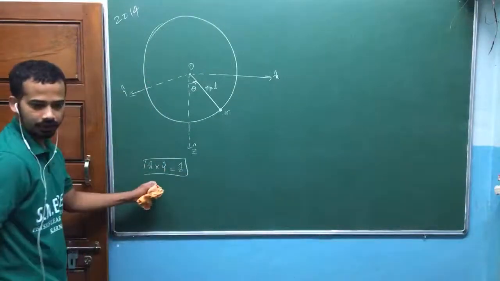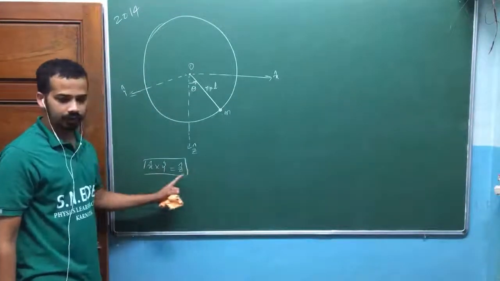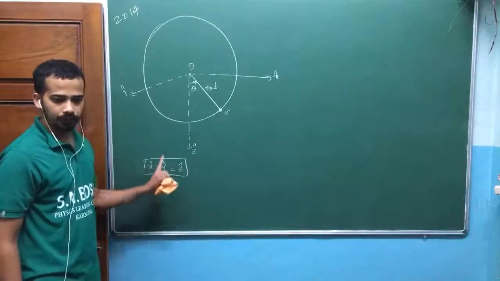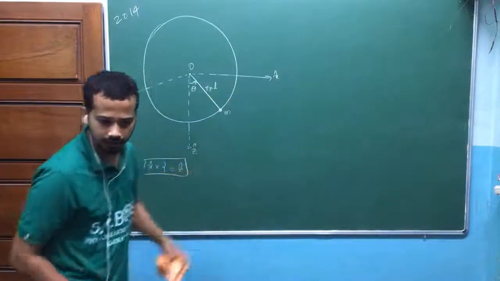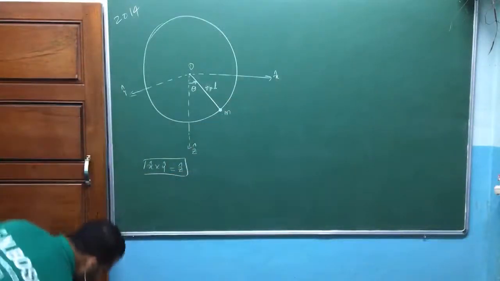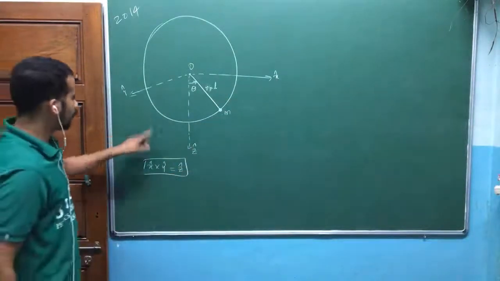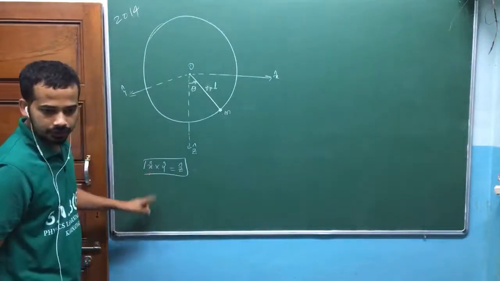This should be followed. If you draw an xyz Cartesian coordinate system, this should be followed. Be careful. Don't put x cap here and y cap here. That would be wrong. I hope this is correct. Am I right? Whenever you draw Cartesian coordinates, follow this one. You should respect this cross product.